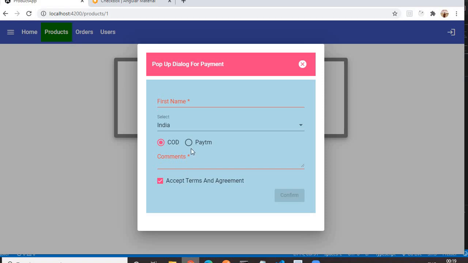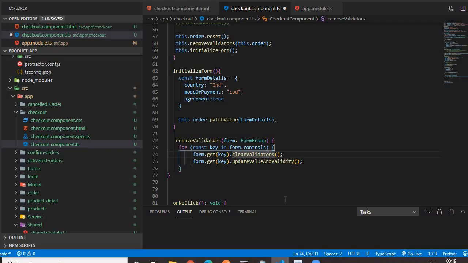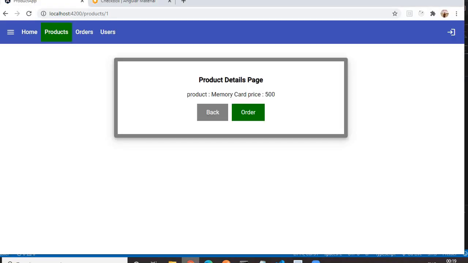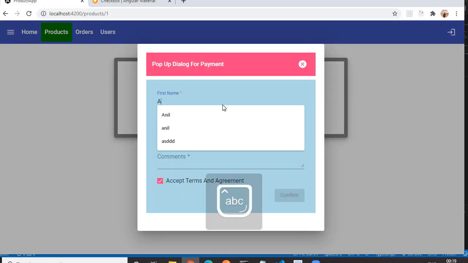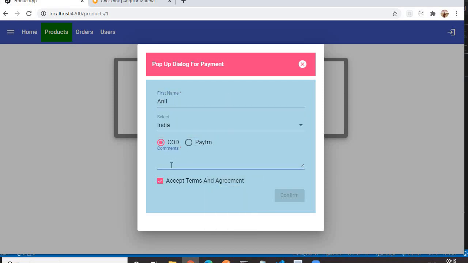We'll see how it looks. Let me save it. Again go to the order, same story, and the comment should be order.